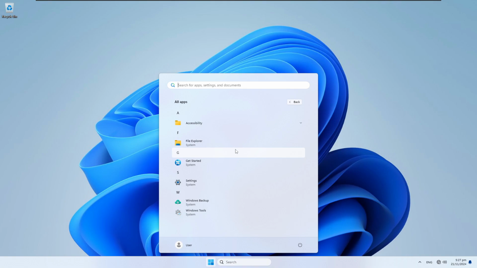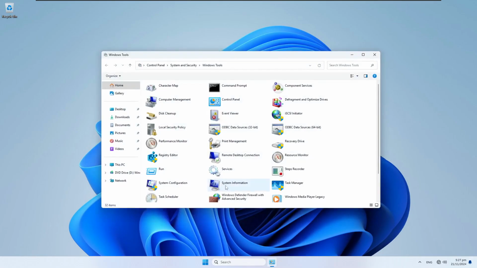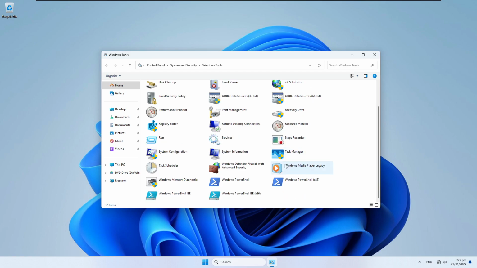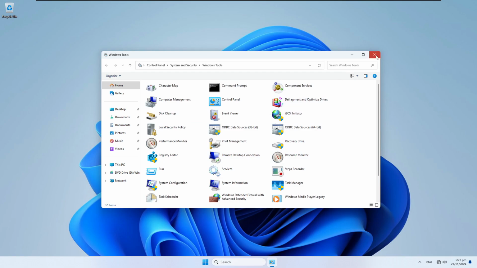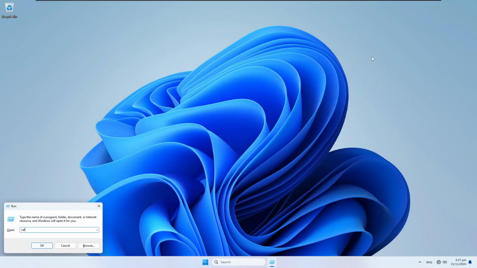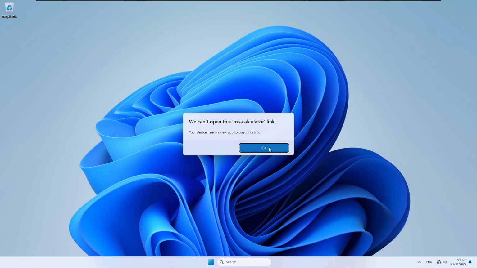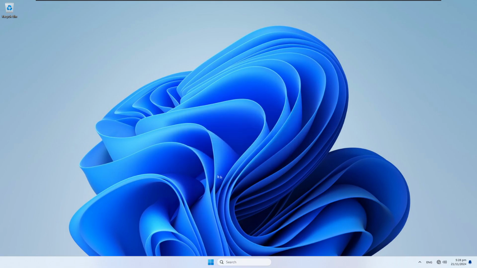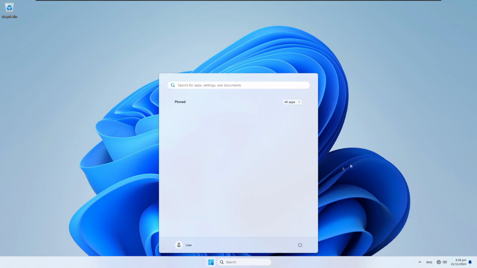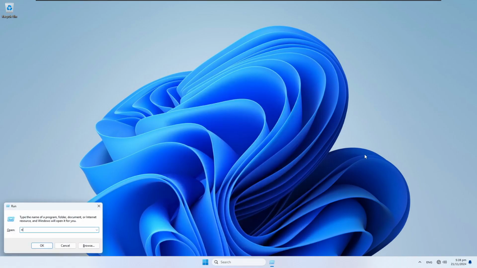There are some things in here, and I mean in accessibility we have this stuff, and we have the Windows tools, which gives you all of the Windows NT normal administrative tools. You get Task Manager, you get all of this stuff, but I mean this is really about it. I mean you do have some stuff. I mean we got calculator. Okay, we don't have calculator because it's trying to open the UWP app. Okay, we have Notepad,